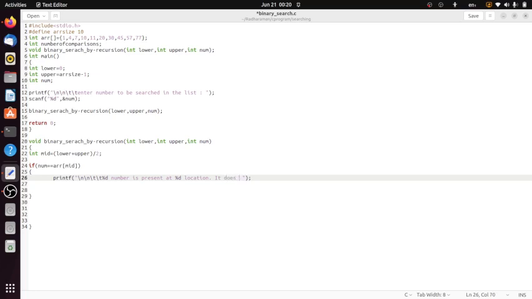It does how many comparisons? "Number of comparisons: %d, it does comparisons." So I have to give the value, which is the num that is present, and which location. So the location is mid,